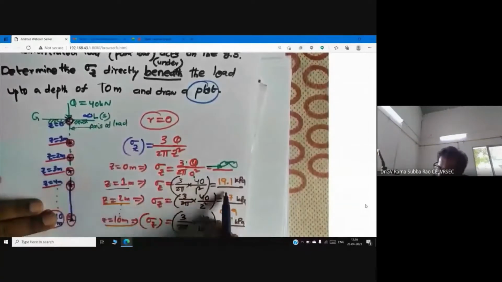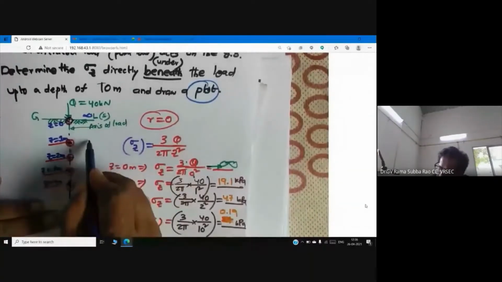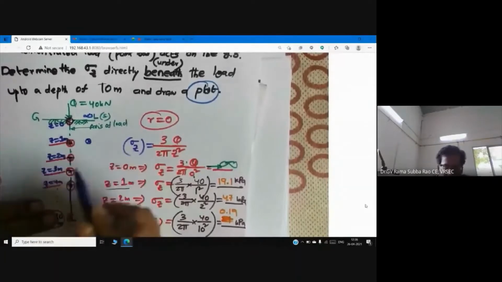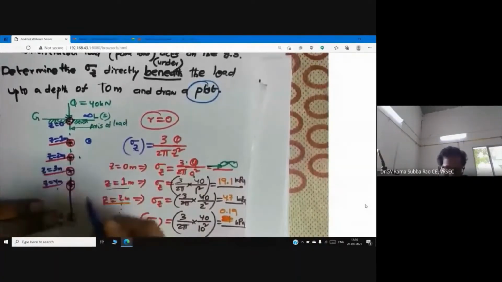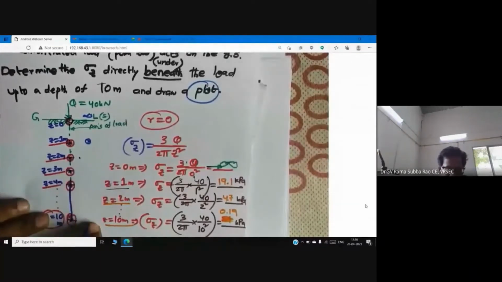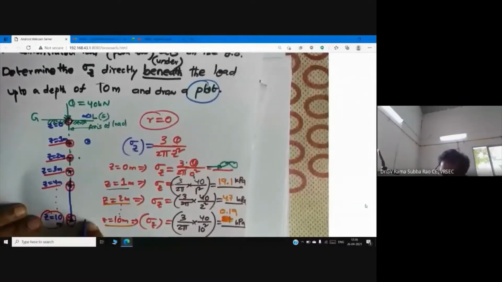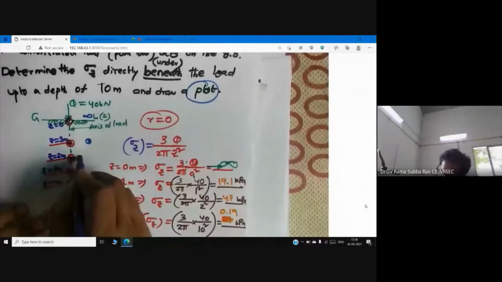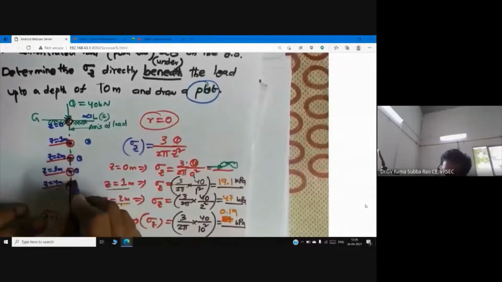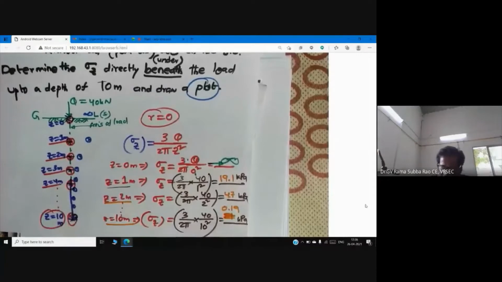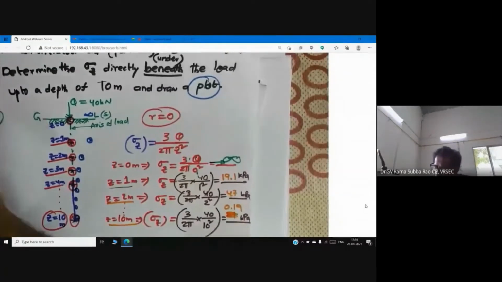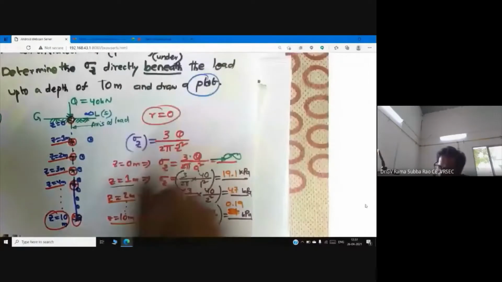Second, the 19. Something, you see, this point is 19. Next is 4.7. When it comes to Z equal to 10 meter, it is almost 0. See here now, so see the variation now. What I would like to show you now is the variation of